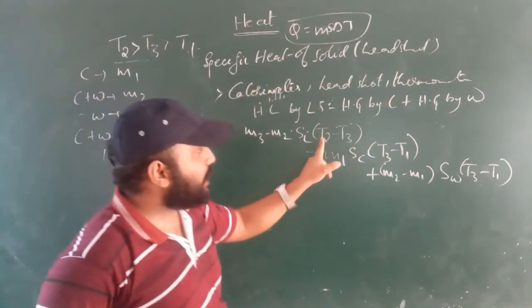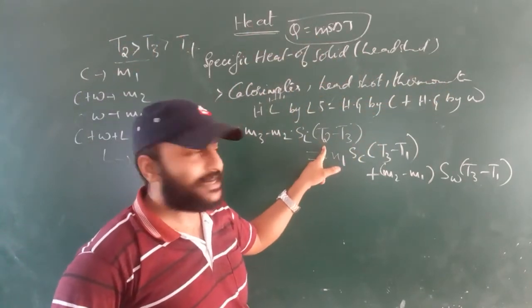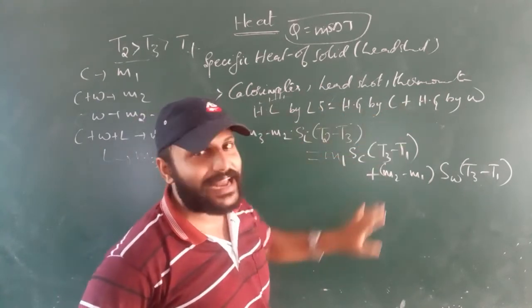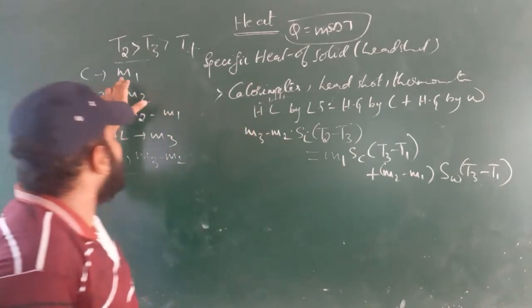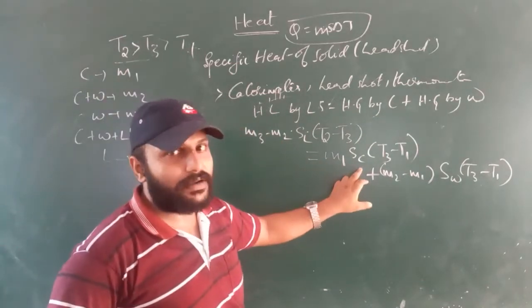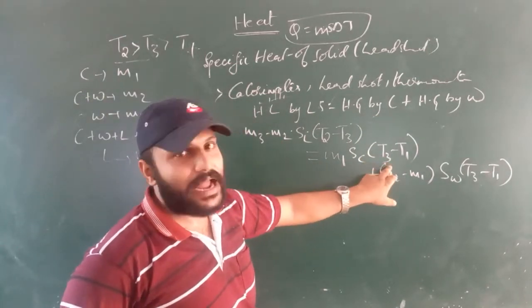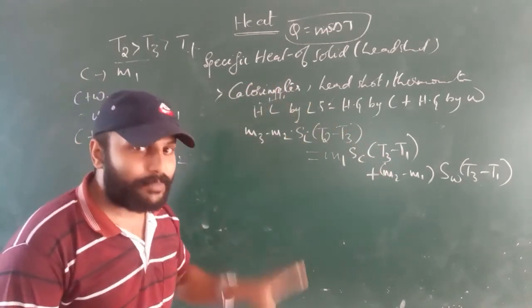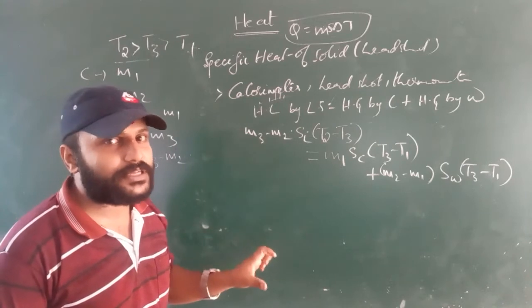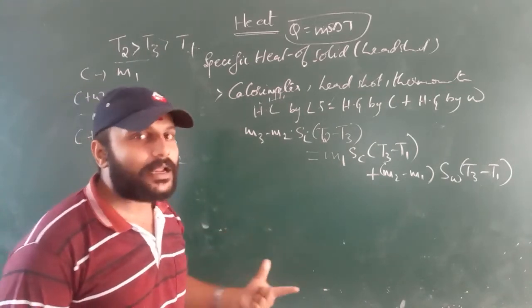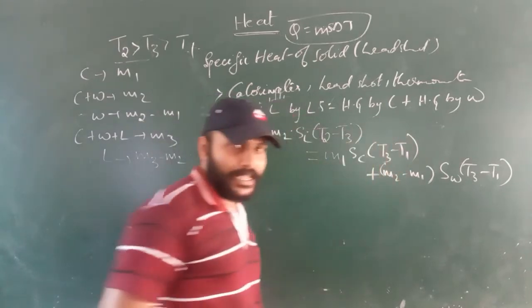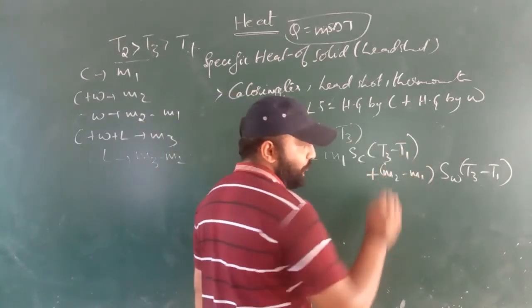So here the higher temperature will be the temperature of lead shot, and the lower temperature will be the temperature of the mixture, is equal to the heat gained by the calorimeter. The mass of the calorimeter we have taken is M1. Specific heat of calorimeter I will take as SC. Change in temperature: what is the higher temperature here? As I said, we are comparing with the temperature of the mixture. The temperature of the mixture will be greater compared with the temperature of the calorimeter. So T3 minus T1, plus